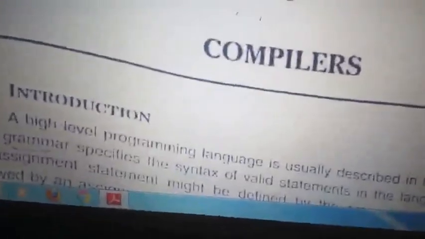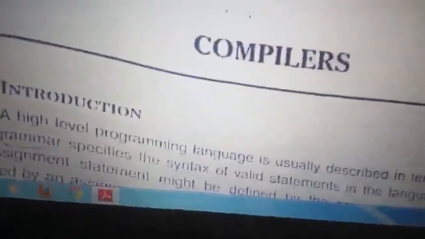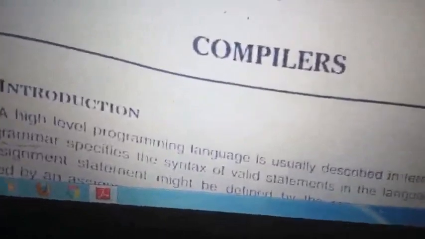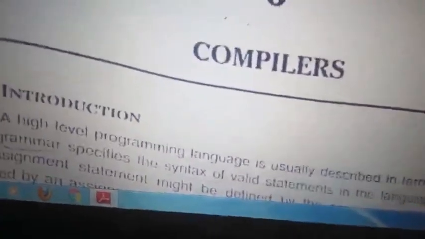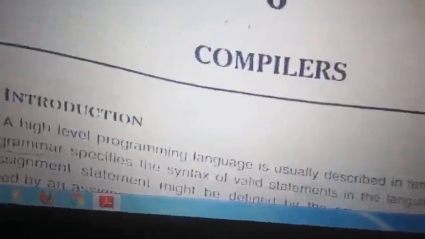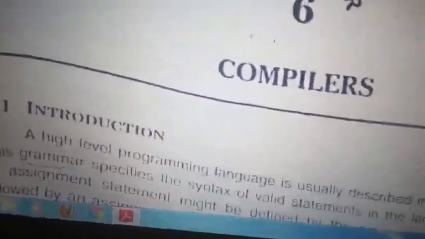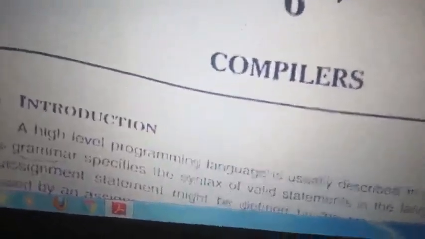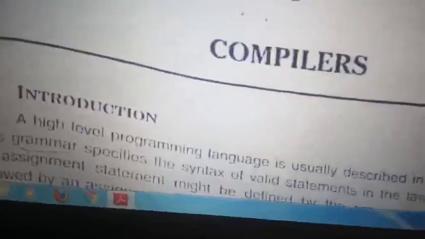So in a high-level language, what do we have? We have grammar. So again here TOC comes. To identify the programming language, we require TOC, correct? So a high-level language has syntax, and that syntax is formed by the grammar. For example,